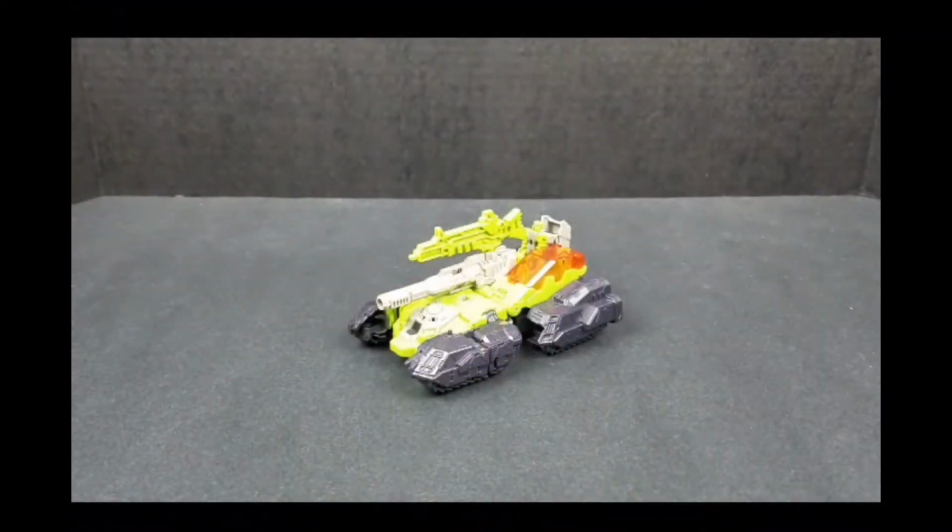What's going on, peoples? This be your boy Smith with another Transformers super awesome review. And today we will be looking at the Titans Returns HARDHEAD. Now, normally I would give you a quick look at the packaging, but for the life of me, I can't seem to find what I did with it. So, in its place,